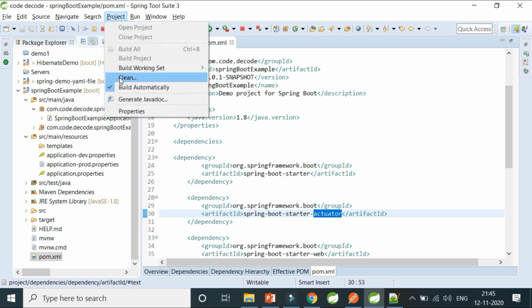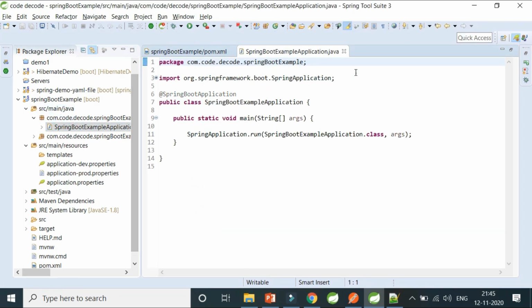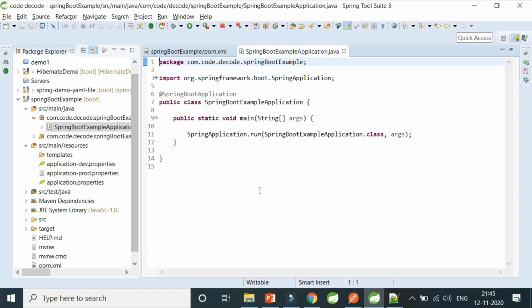I'll clean, and I can run this for you once it is cleaned. Okay, so I'll debug or run. I'll first run my code for you.